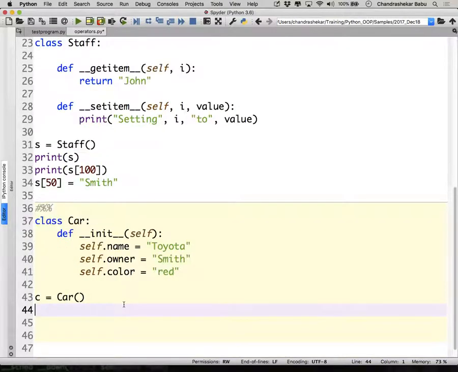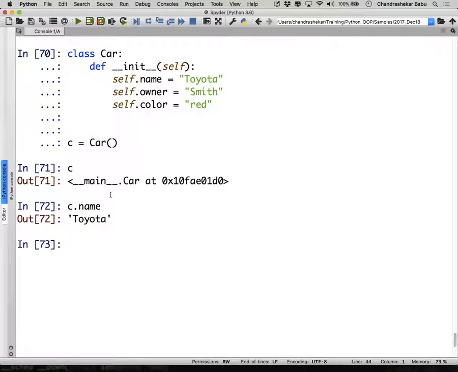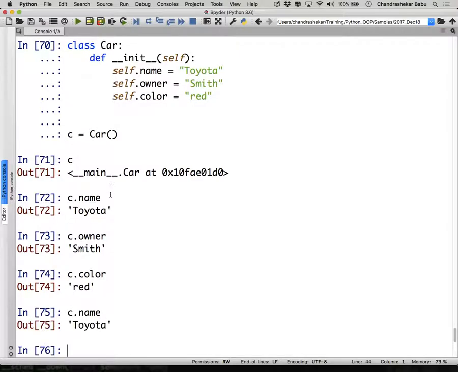I'll try to run this. Execute this in the Python shell. You have a variable called c. c is a reference to a car object. c dot name will tell you his name, Toyota. c dot owner tells you it is Smith. c dot color tells you it is red. Actually, when it's c dot name, in this case it gets resolved as c dot double underscore dict double underscore of name.